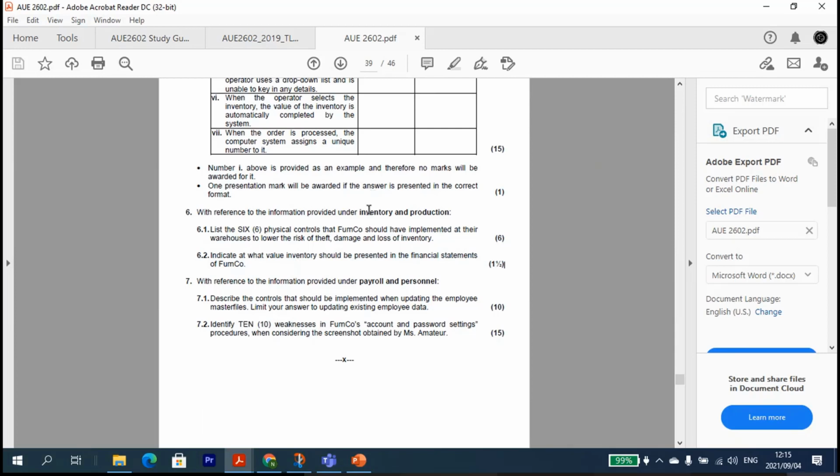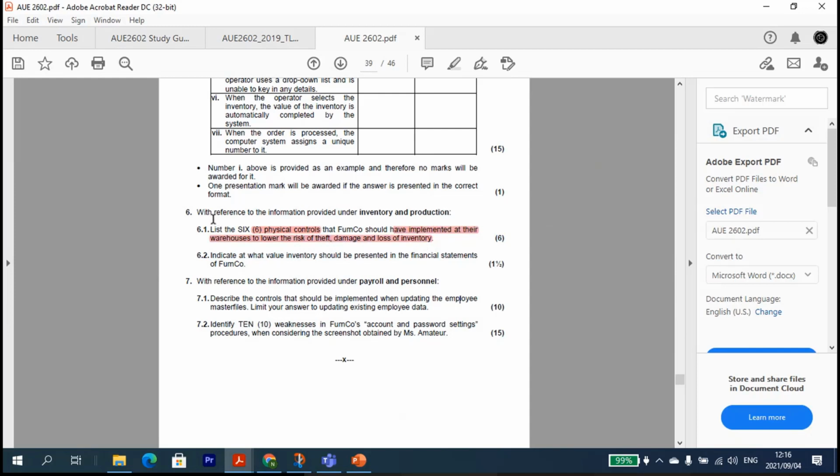The question says to list 6. So when they say list, you must just list. Don't try to explain, it's just listing. List the 6 physical controls that Venco should have implemented at their warehouse to lower the risk of theft, damage,